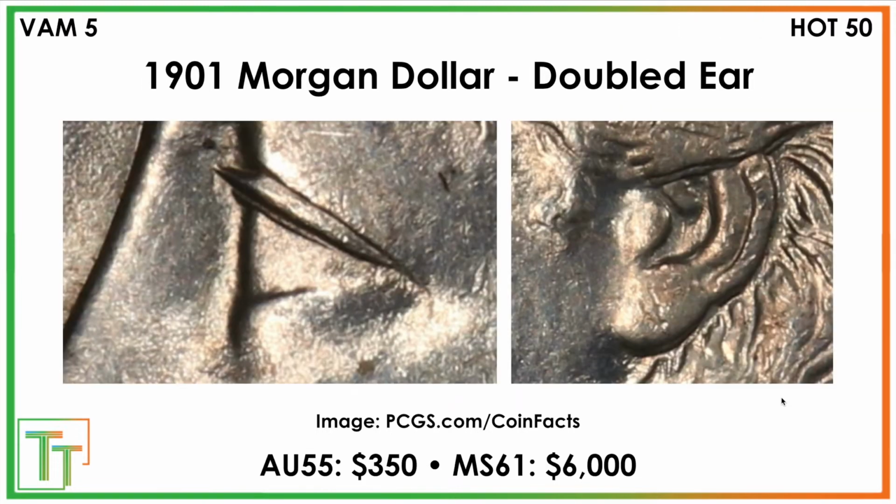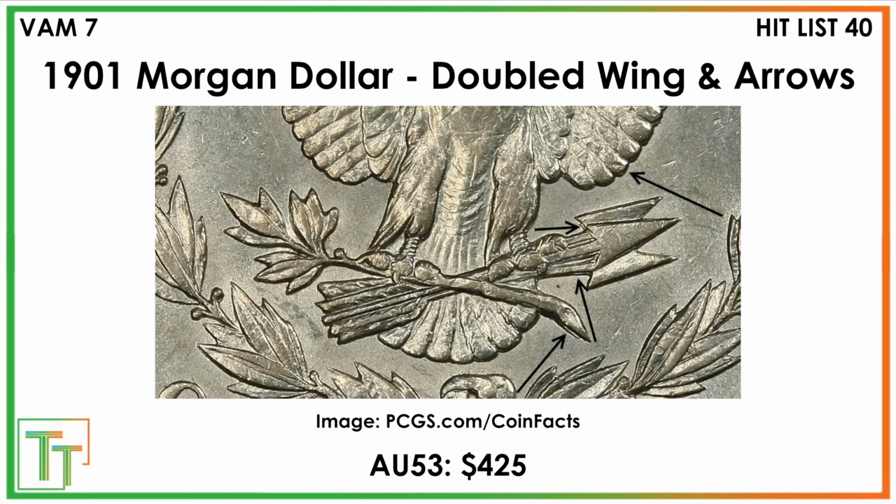There's also the doubled ear, which also has a doubled eyelid, but you can see a little bit of a spread in the ear. That one seems quite a bit less valuable, not much premium there. And these are just the VAMs from the Hit List 40, Hot 50 and Top 100, which are certifiable at